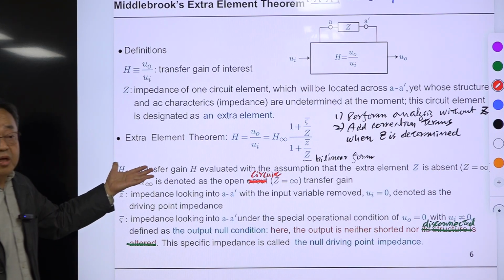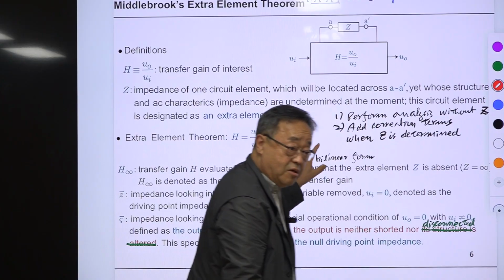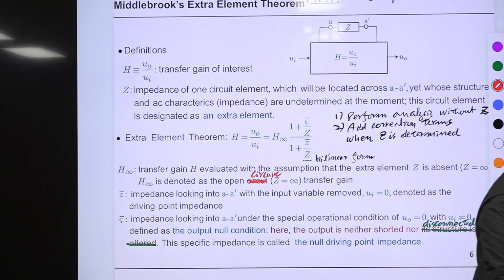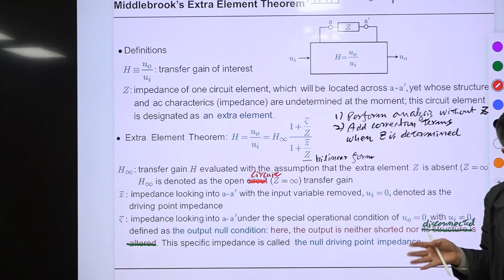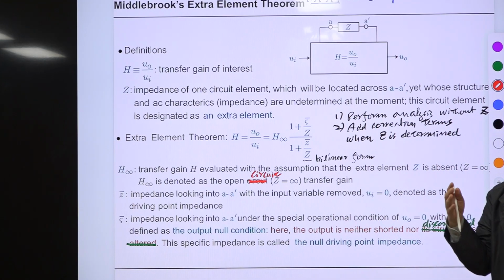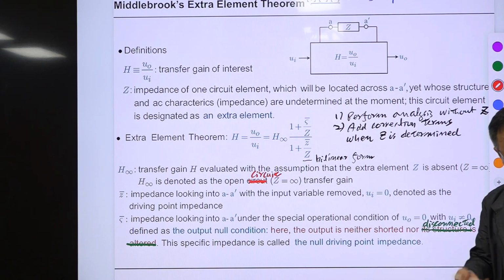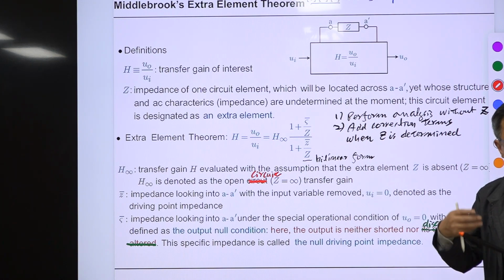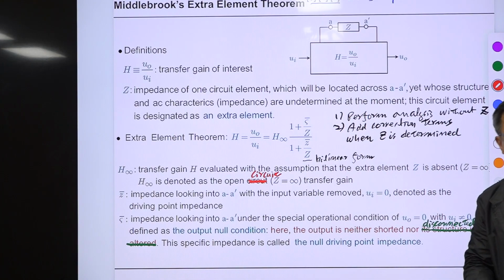Hendrik Bode predicted this for the general case, and the formula and the proof are very complicated. He proved it in the general case. He used matrix theory, cofactor theory, and with that he came up with some conclusion. It is hard to understand. And Middlebrook somehow translated this into simpler language, and he wrote a paper. So we are using that.